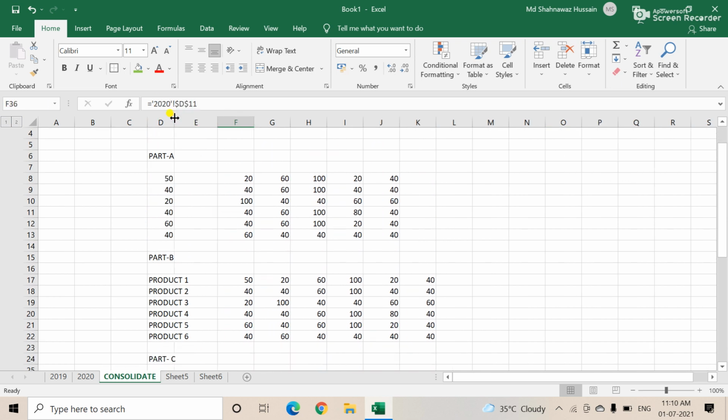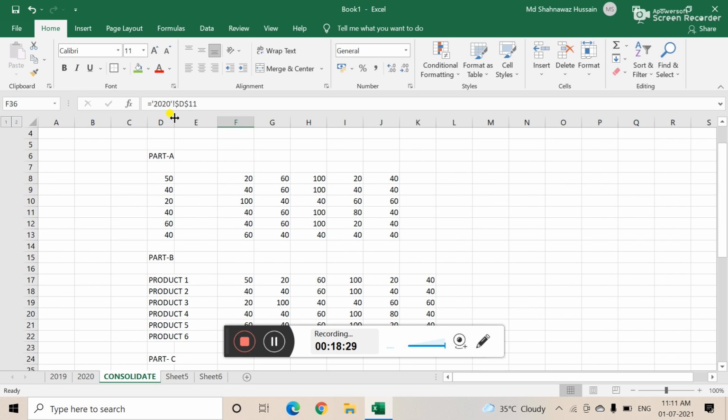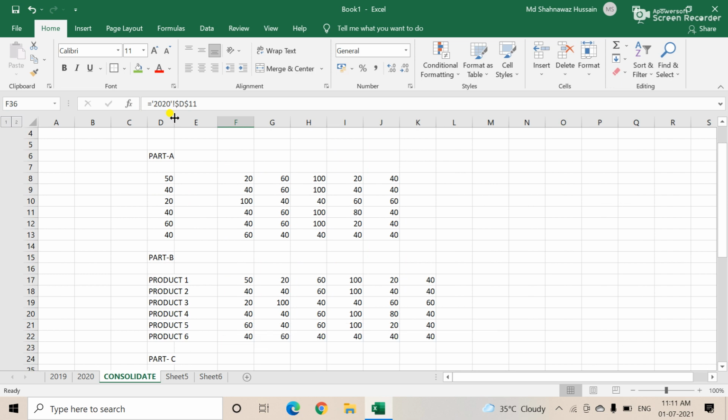So the functions of consolidated data, actually you are using in schools, offices, colleges, and now we are using it in the corporate sector also. And the share market also uses consolidated data, and this is part of advanced Excel.